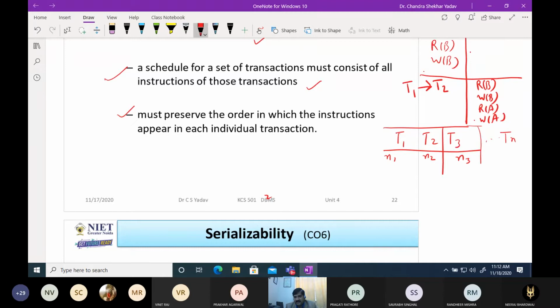If there are n transactions, with n1 instructions in T1, n2 instructions in T2, n3 instructions in T3, and nn instructions in Tn, and the total number of instructions is N, then please tell me the number of non-serial schedules.